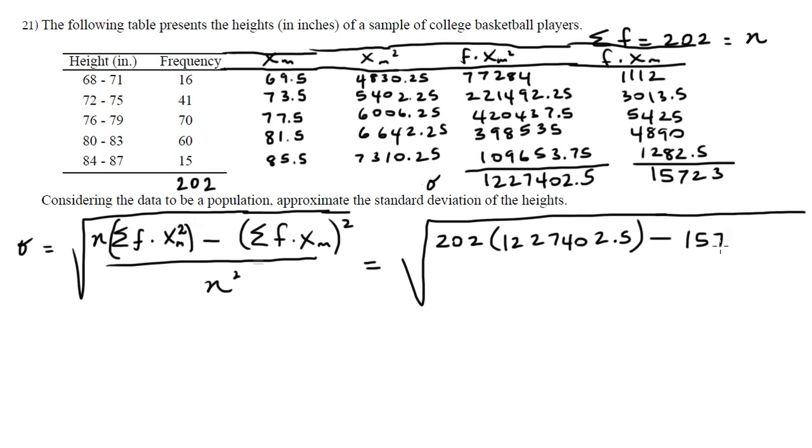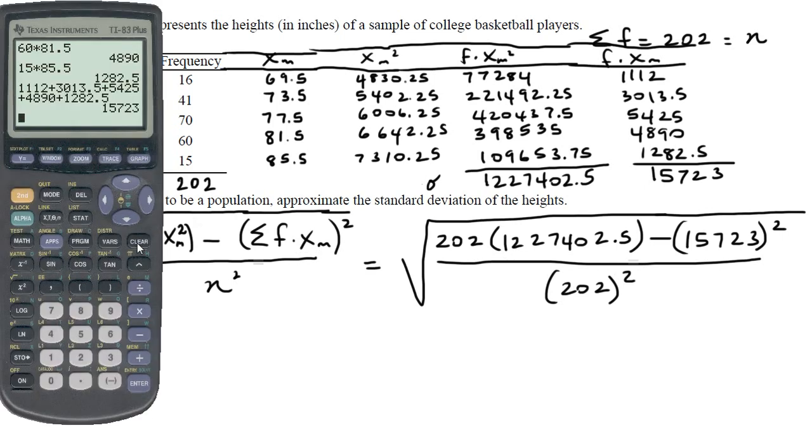This is 15723 squared. All right, make sure I wrote that right. Yep. And I divide that by 202 squared. I'm going to put this all on my calculator. I'm tired of these calculations right now. So second square root, I'm going to put an extra parenthesis for my numerator. Oops, 202 times 1227402.5